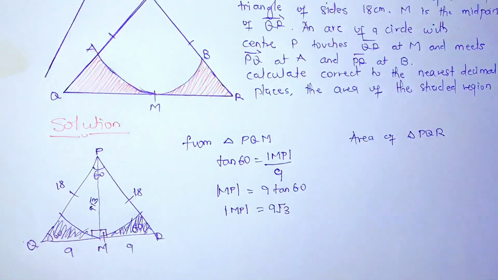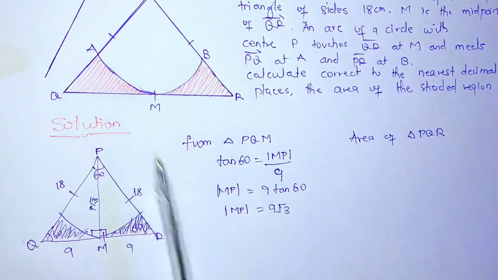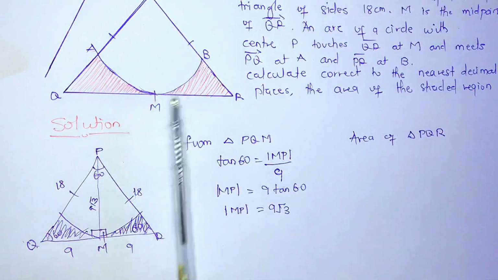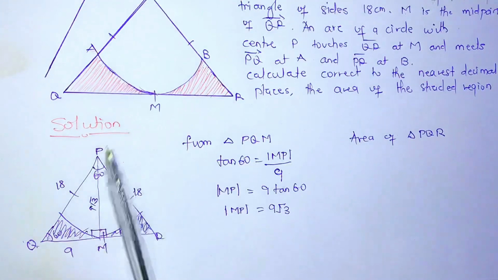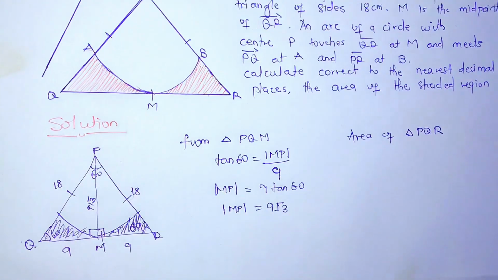PQR. So what we want to do is we want to find the area of the entire triangle. Afterwards, we'll find the area of the sector. And if we subtract the area of a sector from the area of the entire triangle, you get the area of the shaded region. So area of the triangle,